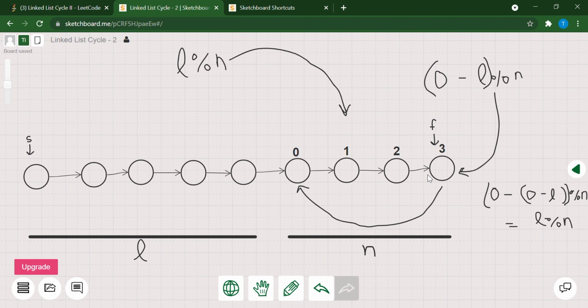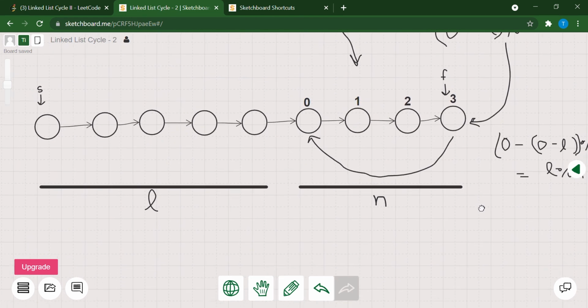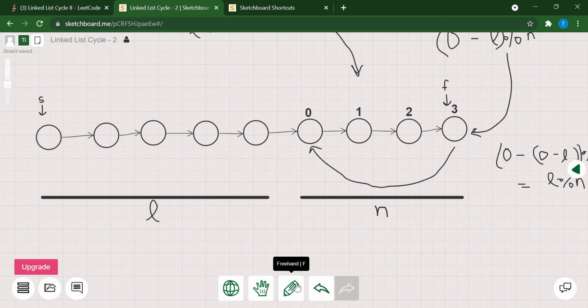Each of them is going to move one step in every iteration, right? If I can write L as some quotient Q times N plus the remainder, which is basically L mod N,